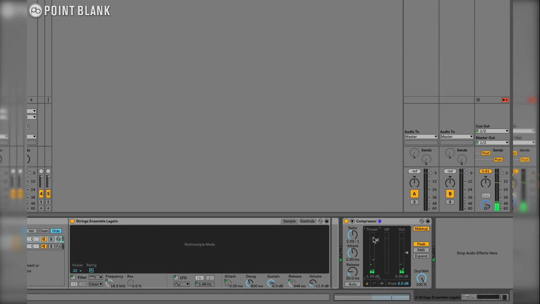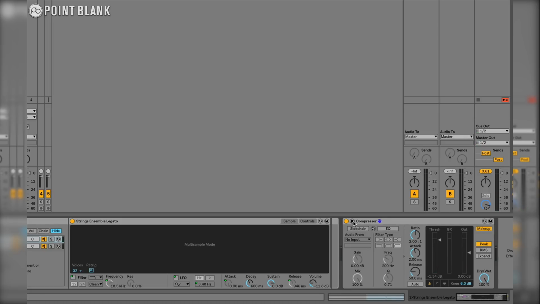But instead, this time I'm going to open up this tab and I'm going to enable this sidechain feature. When I do that, this field becomes available and we can now select our audio source, which is going to control the amount of compression. So in this case, I'm going to select 909 core kit. This is going to be our 4/4 kick drum. And when I press play now,